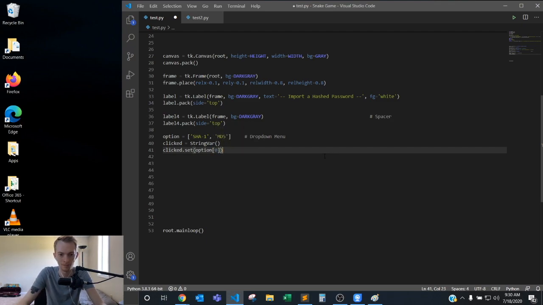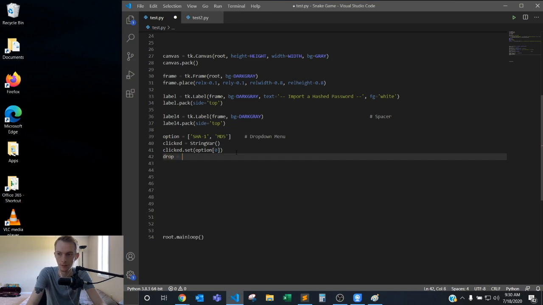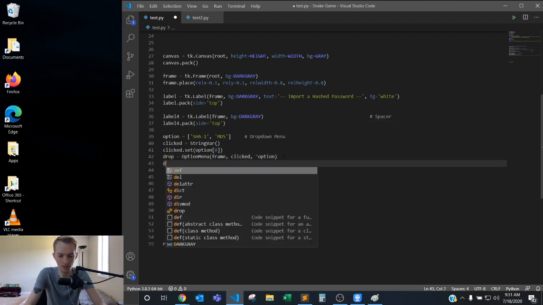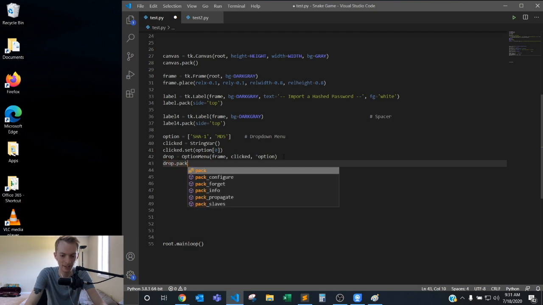So this set is what it defaults to. So option index position 0 is just SHA-1. If you have a longer list, if you wanted to make this with like 50 different hashes, if there are even 50, I'm sure there are, then you could default to 1 in that list, or you could default to 0, which is pointing to SHA-1. Then we'll say drop equals option menu, which is essentially the drop-down menu, and then we can pin it to the frame, and we can pass in clicked and option like that. This is just how Tkinter does drop-down menus, a little obsolete, and then we'll pack that in. Side top,